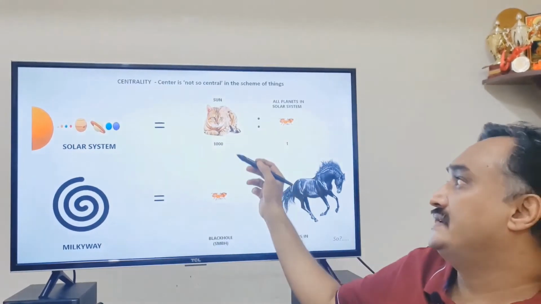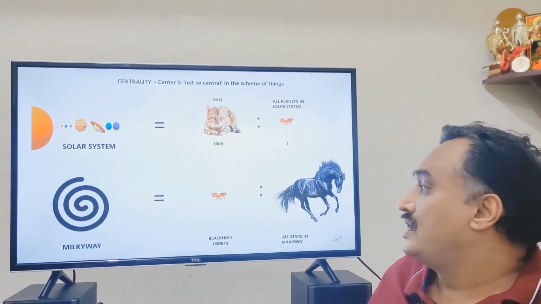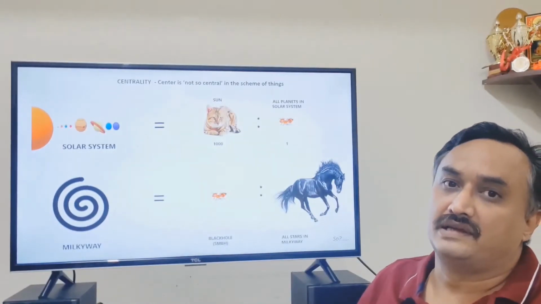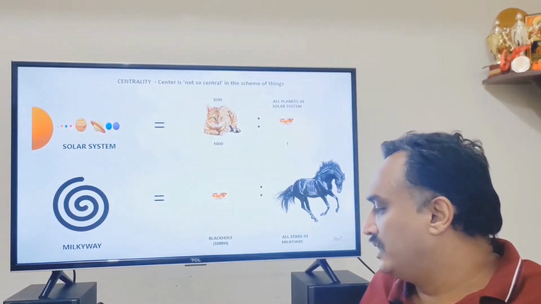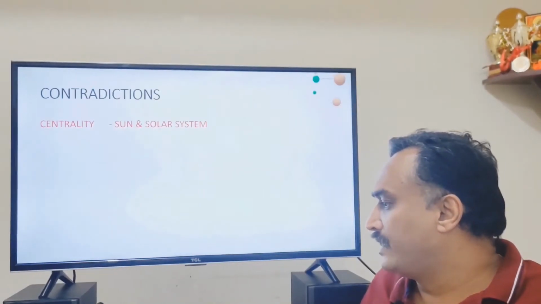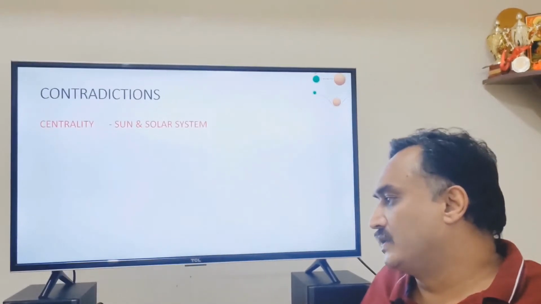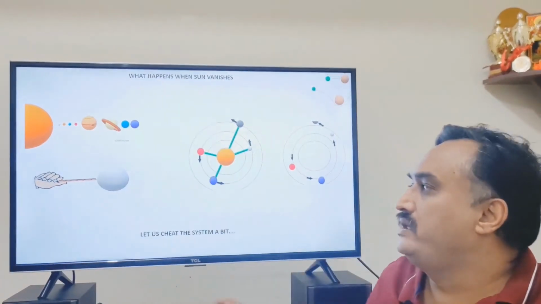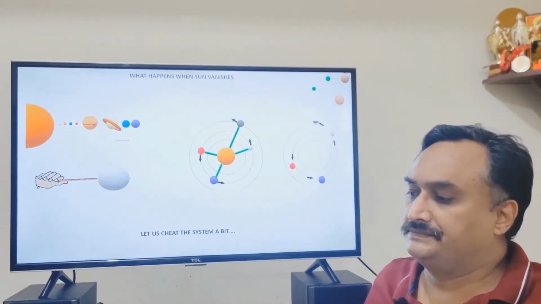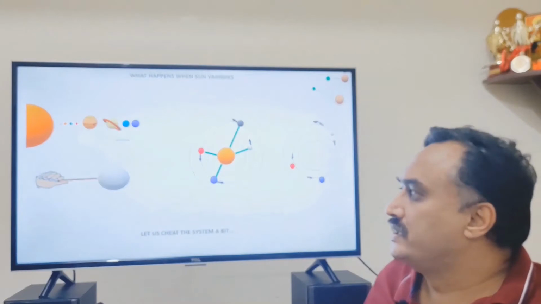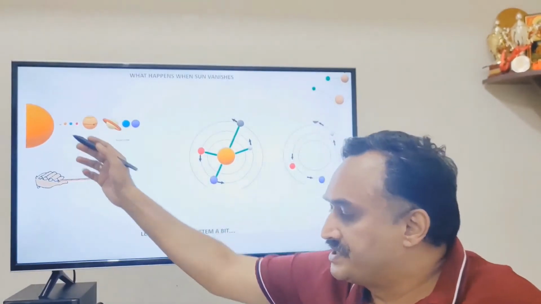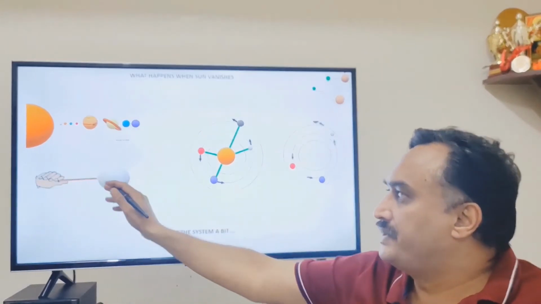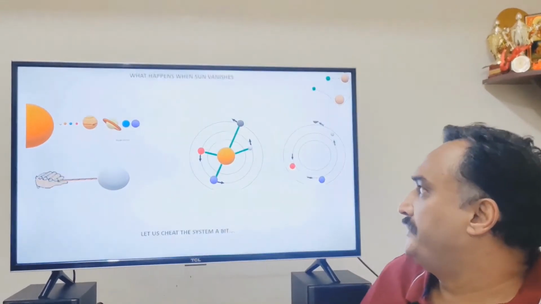But now try and see the solar system. You could get away with the supermassive black hole, but can you get away with a massive sun? What would happen to all the planets? So let us consider the sun and the solar system. And generally, this is how we perceive the solar system works, which is basically the hand representing the one which is controlling, which is the sun in this case, and all these planets are being controlled through gravity.